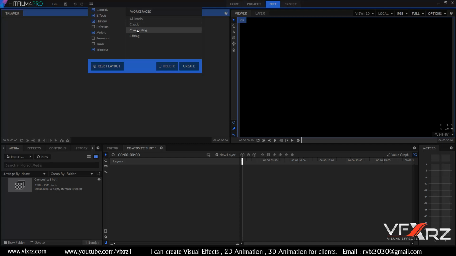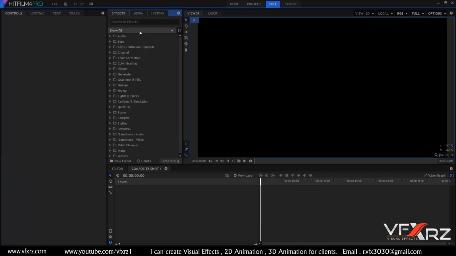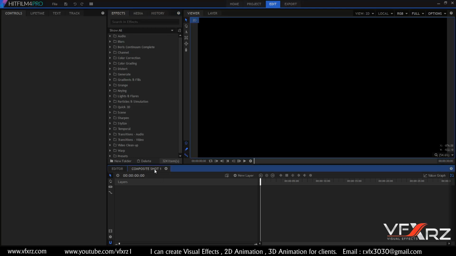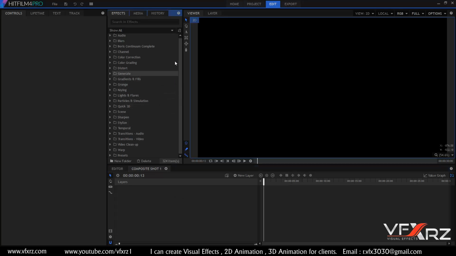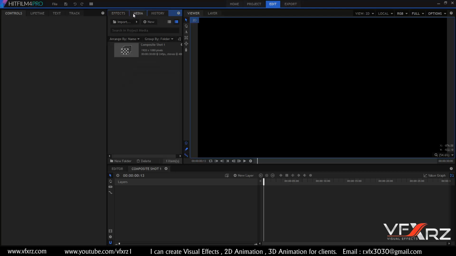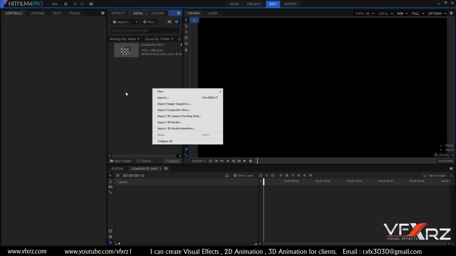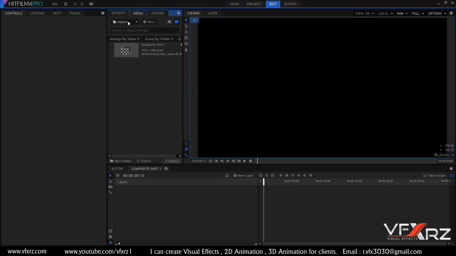Okay, now I want to teach you how you can do compositing. Click this compositing, and here we have composite shot 1, this timeline for compositing. Here you can see all of the effects in HitFilm. Here in media you can import your file and use that. For example, if you right click here or click this import,